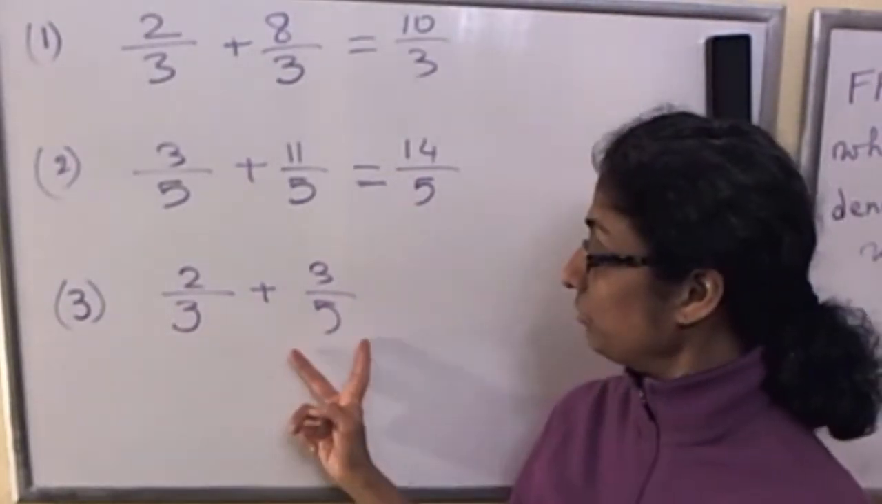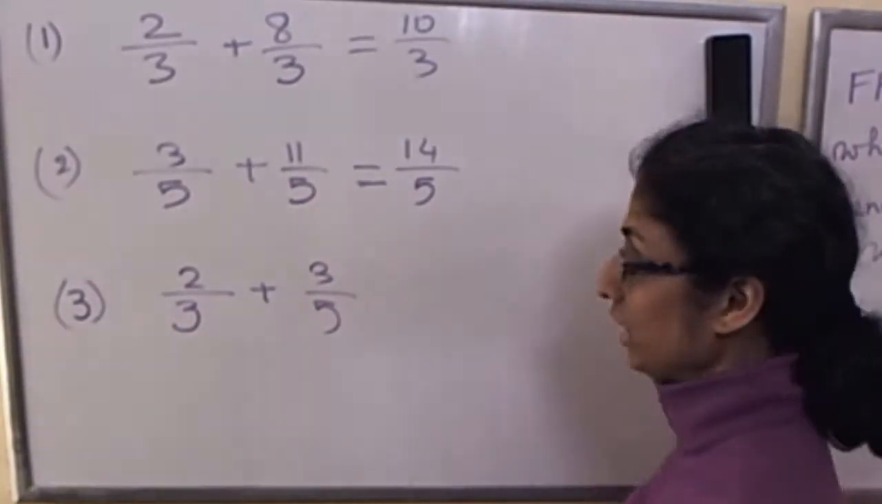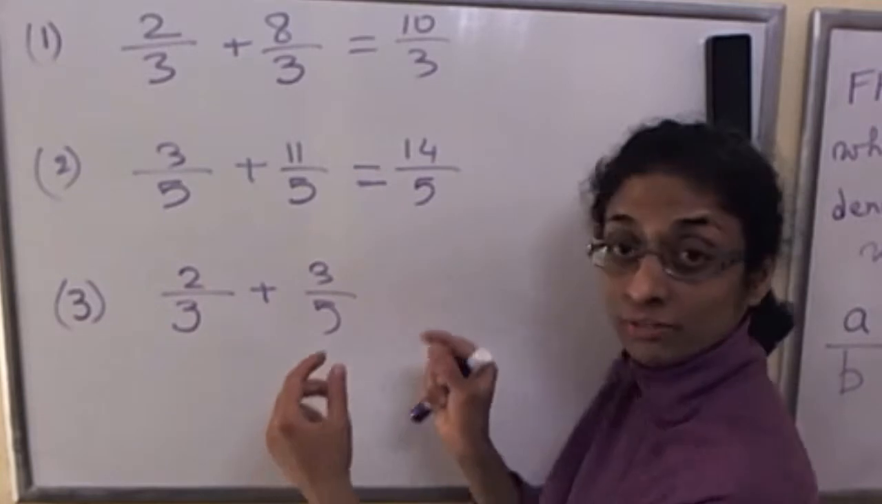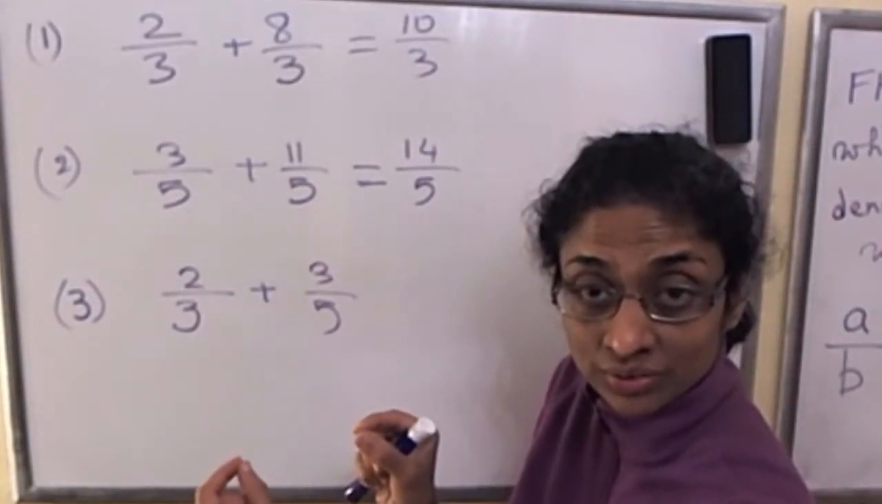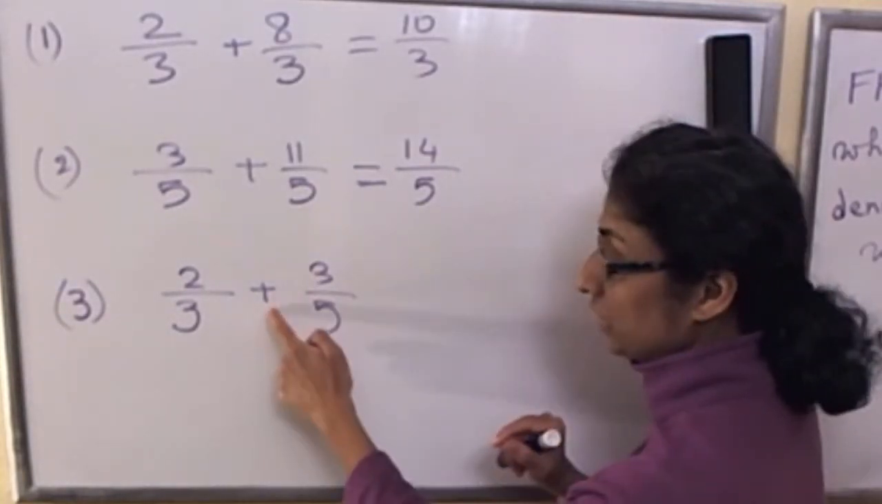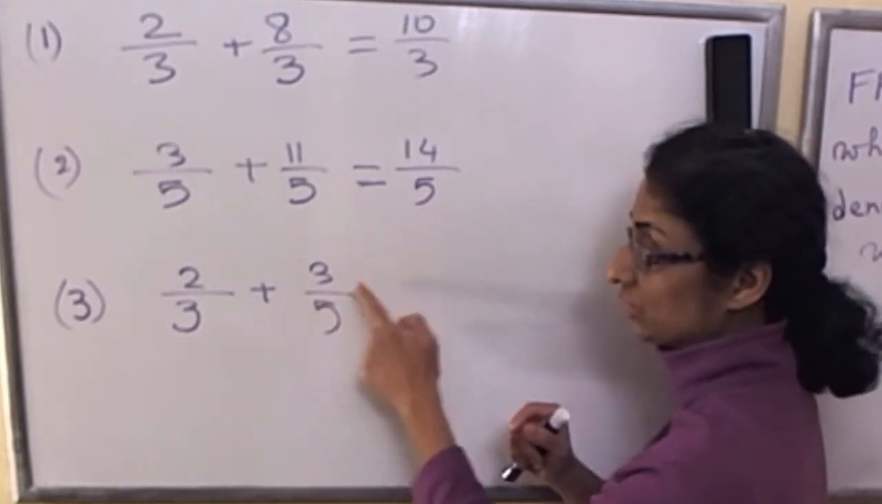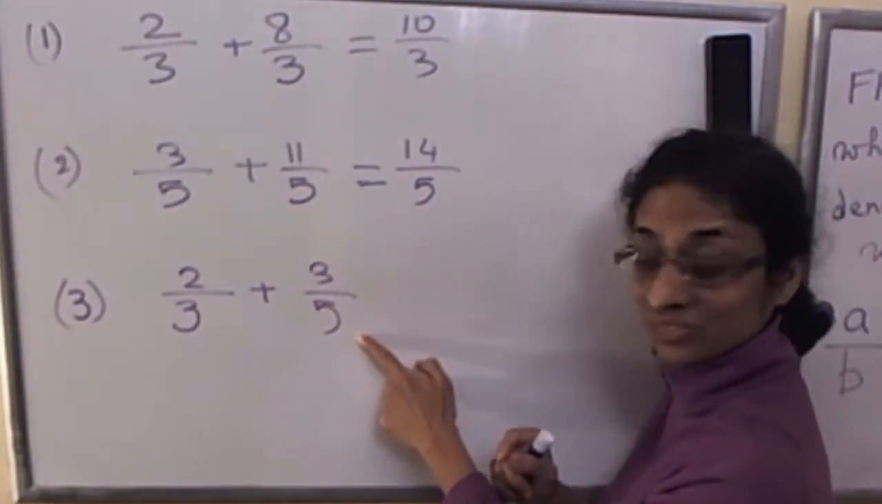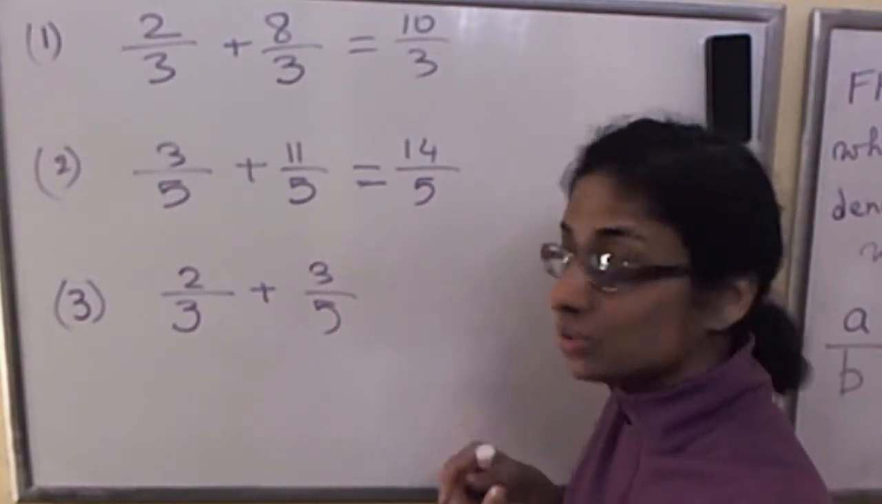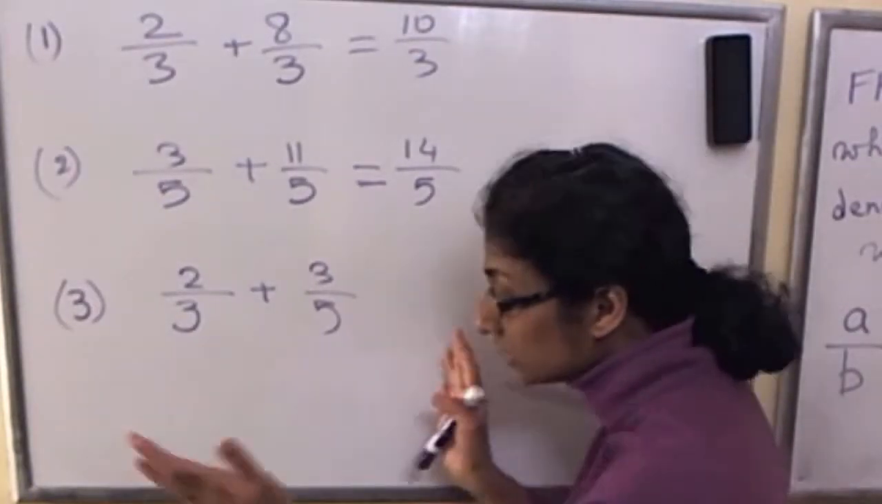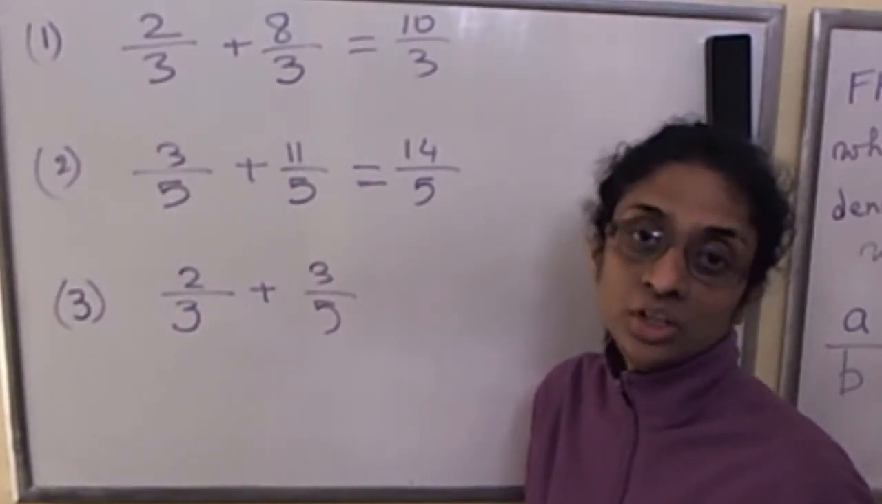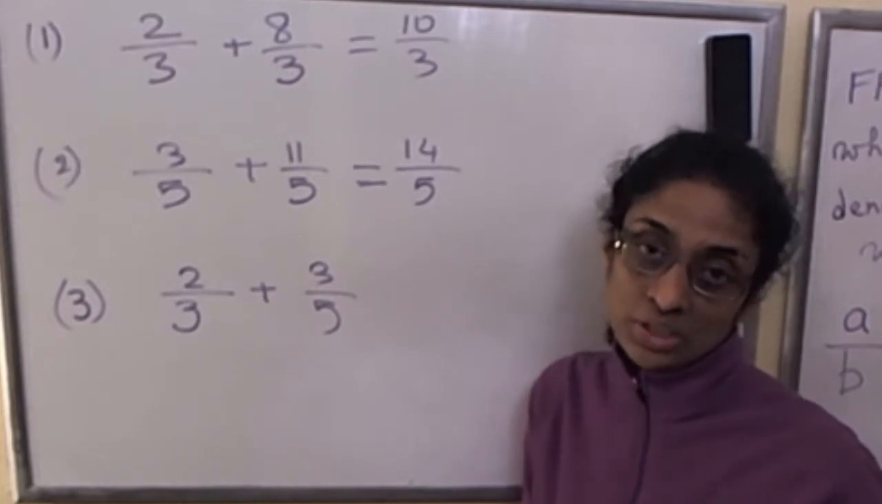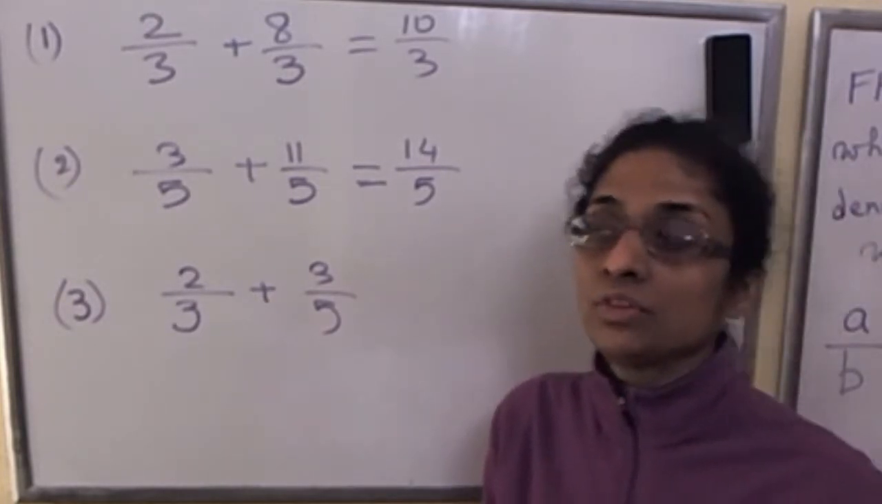The problem we are facing here is we have 2 pieces of length 1/3, and then we are adding to it 3 pieces of a different length, 1/5. So there's no way we can simply say let's count them all together. So think of it in another situation like this. Say you have 2 pennies